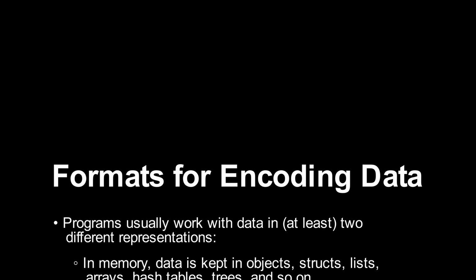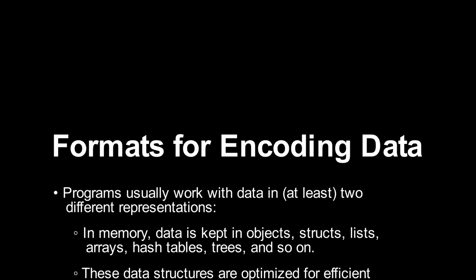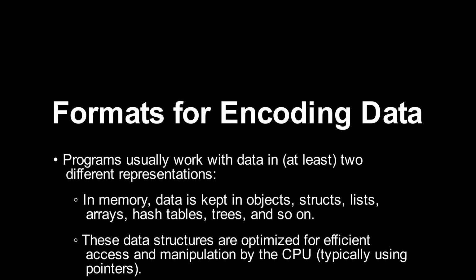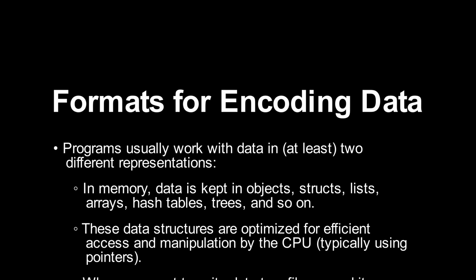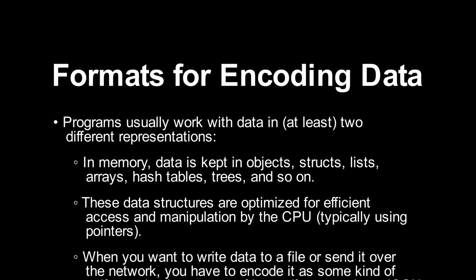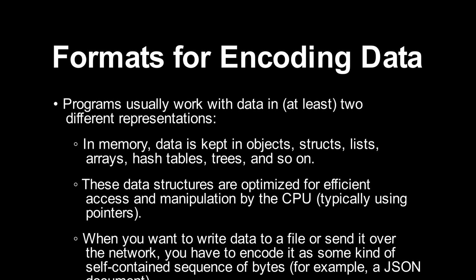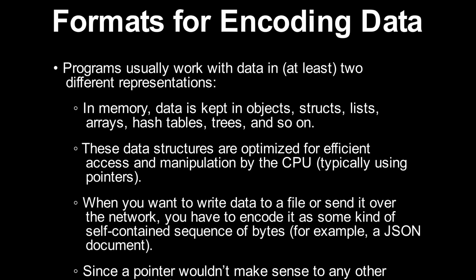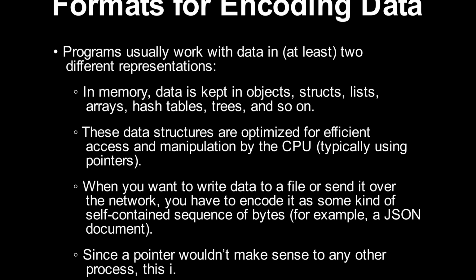Formats for encoding data. Programs usually work with data in at least two different representations. In memory, data is kept in objects, structs, lists, arrays, hash tables, trees, and so on. These data structures are optimized for efficient access and manipulation by the CPU, typically using pointers. When you want to write data to a file or send it over the network, you have to encode it